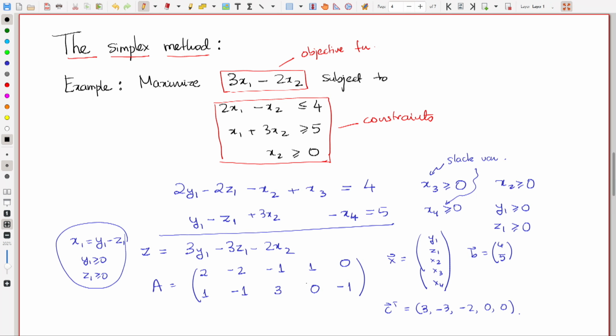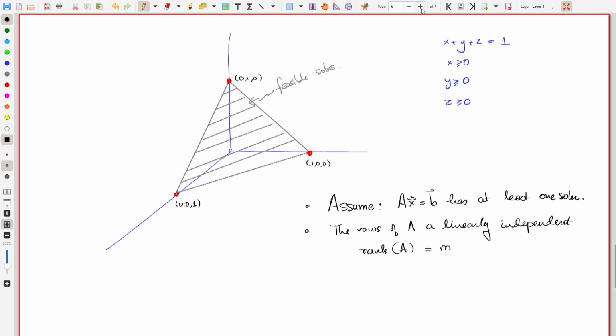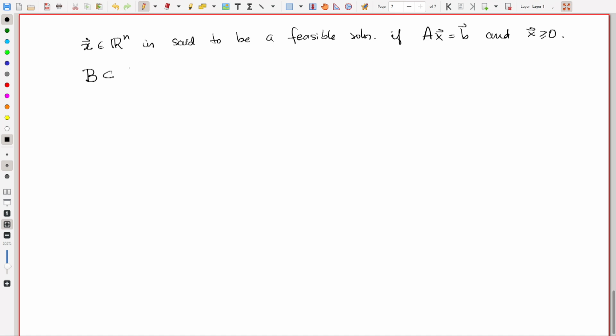So, we will say that a subset is basic if, so B is a set of columns. So, it is a subset of what are the columns? The n columns. So, it is a subset of 1 to n is said to be basic if the matrix A subscript B